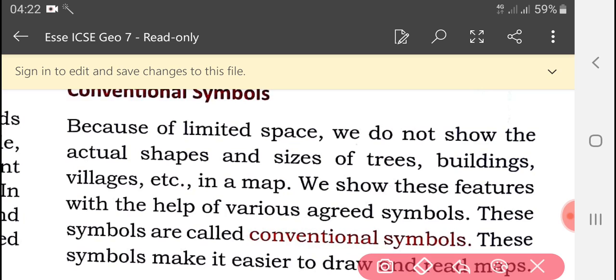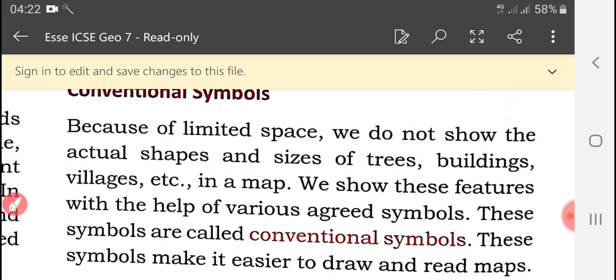We use them to show the physical features or natural features, and buildings, trees, for example. We show these features with the help of various agreed symbols. These symbols make it easier to draw and read.